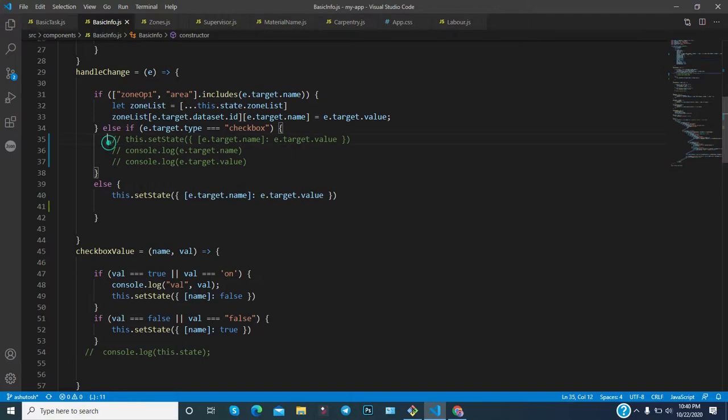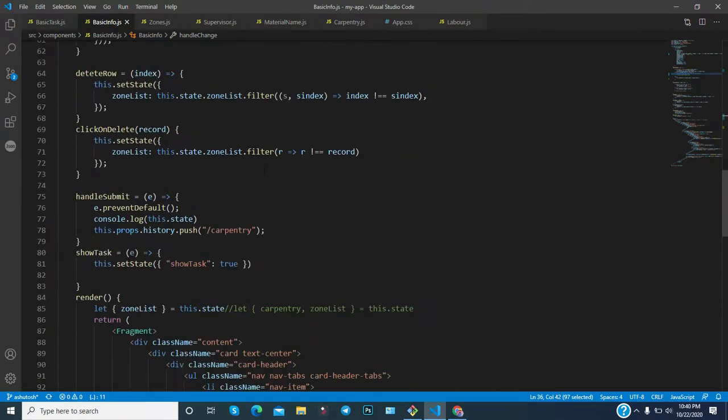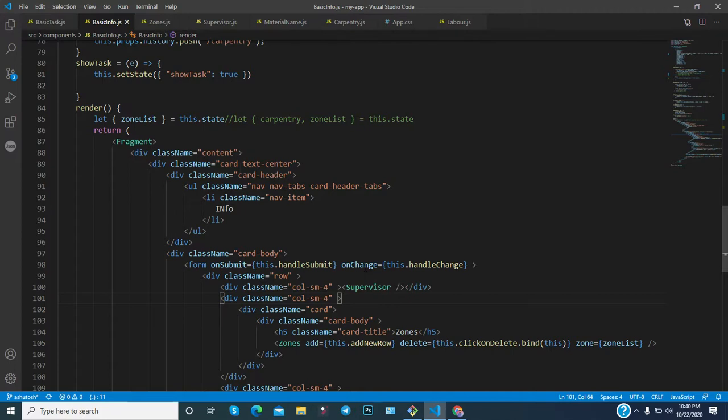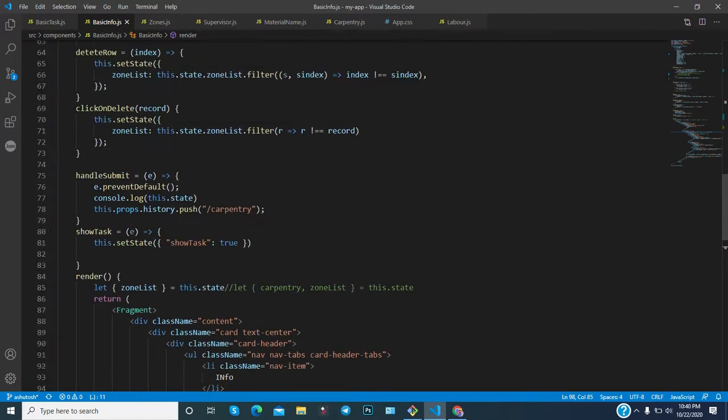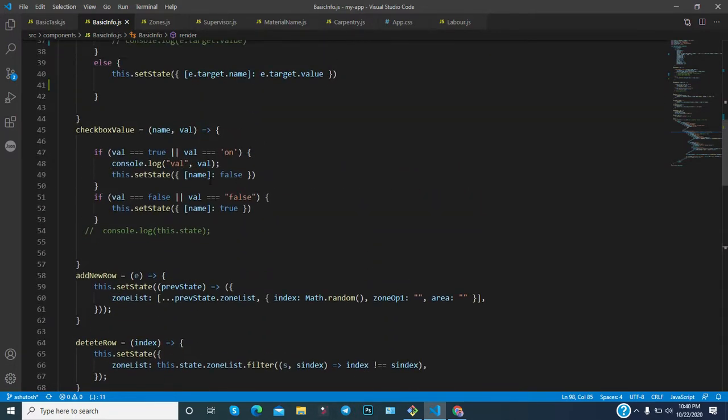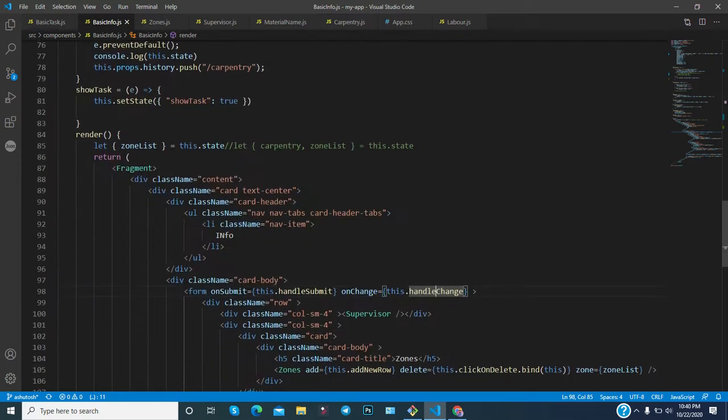Here, why I commented, one more thing I want to mention: e.target.type, and we have checked for a checkbox. If it is a checkbox, then we are doing nothing here, because you can notice that when the form changes, we call this handleChange method, and these checkboxes also come in this particular form. It means two methods will be triggered.